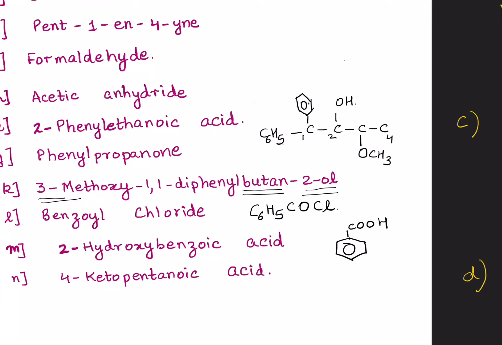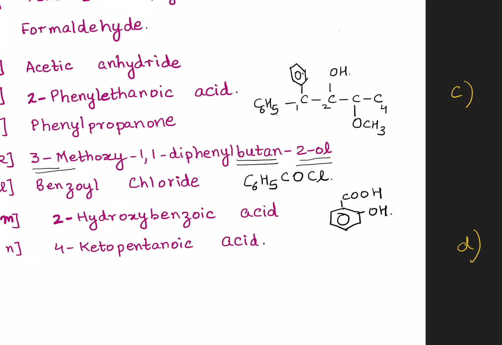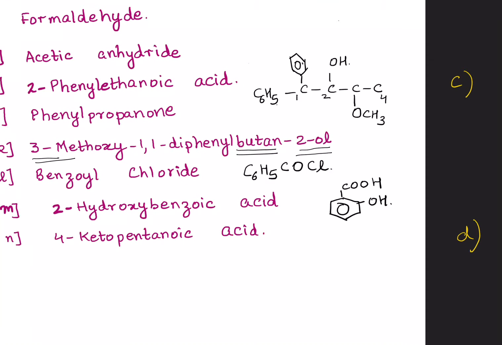2-hydroxy, because my primary functional group will be the COOH, right? So at the second position we have the OH group. Easy, right? Yeah, aromatic naming is a bit easy. For keto, oh yes, I remember I had mentioned to you that instead of keto, we use oxo more often. Now, so let me correct myself here. So, 4-oxopentanoic acid.